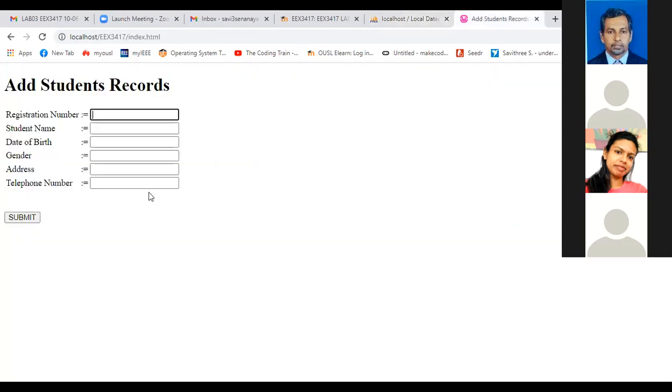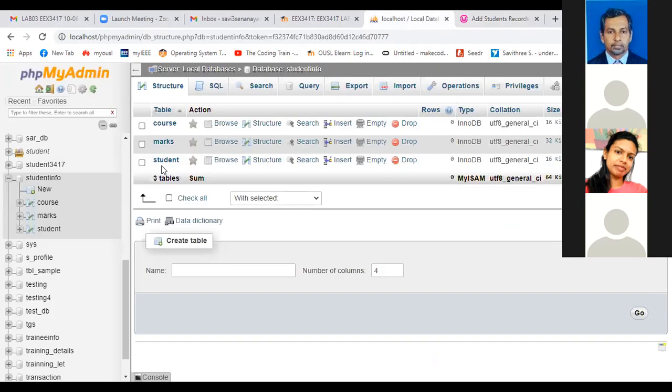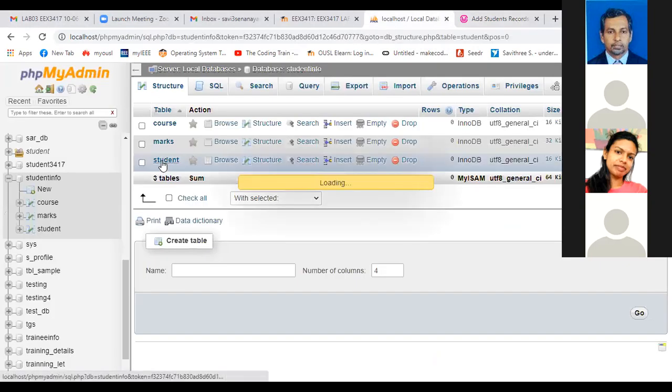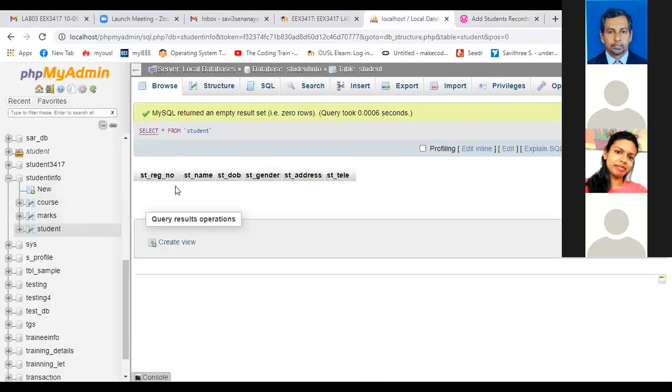This interface has information about this student table, right? Therefore I want to insert information into this table, right? To insert information into this table, we can use